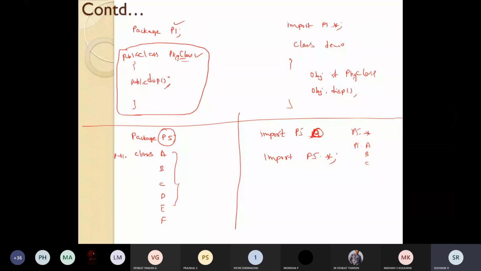So when I write the statement, all the public classes and the methods which are public will be accessible here, available in this file, and you can access them. This is how the import statement will simplify the process. By making use of the import statement, you're able to bring all those classes inside this file. This is how the packages are designed in Java. So this is the usage of import statement.